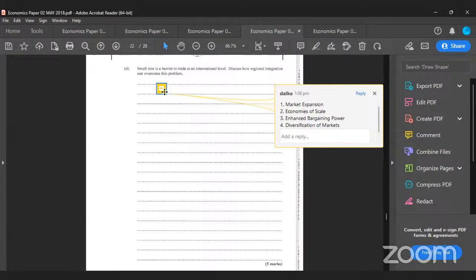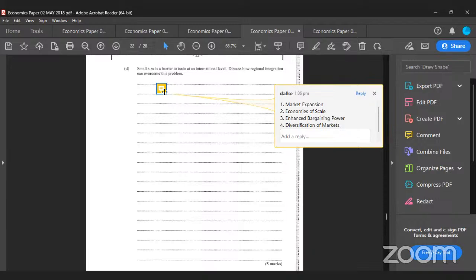They also have enhanced bargaining power when they're discussing things with other nations in the world. For example, the European Union has a lot more say and bargaining power together as a unit rather than being one individual island, like one Jamaica, one Barbados, one Aruba, one Bonaire, one Curacao. When they're together, there's strength in unity, right? They're more united and they have more of a say-so, because they contribute more to the global GDP than just being by themselves.